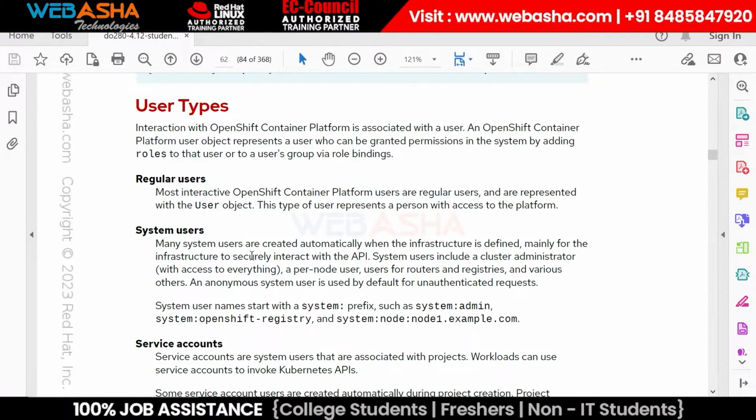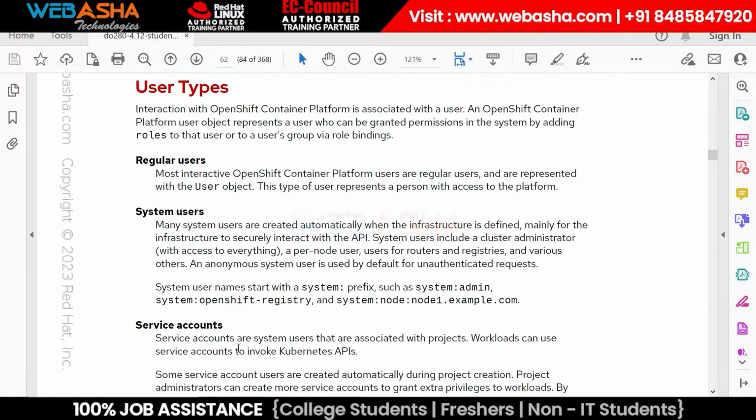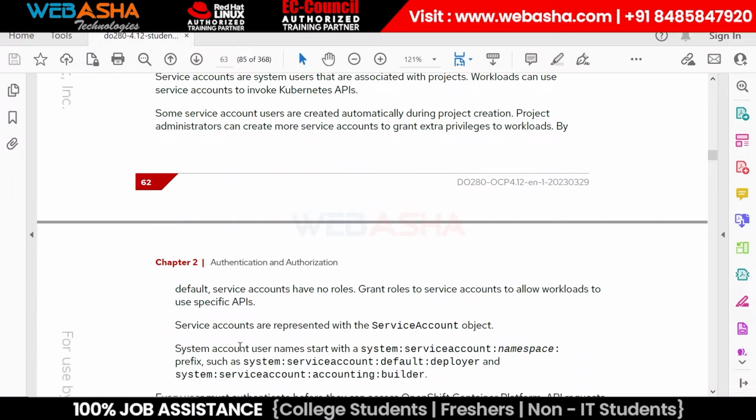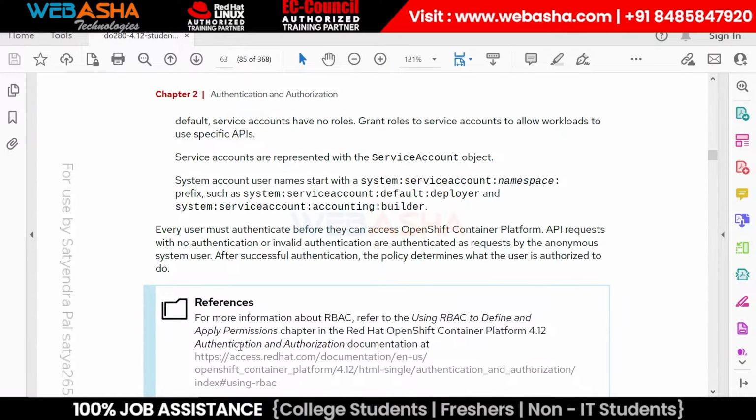These are the same types of users. You know the regular user, system user, and service account users, right? SA and all those things, we'll discuss that. We have different permissions. If you remember, we just created a